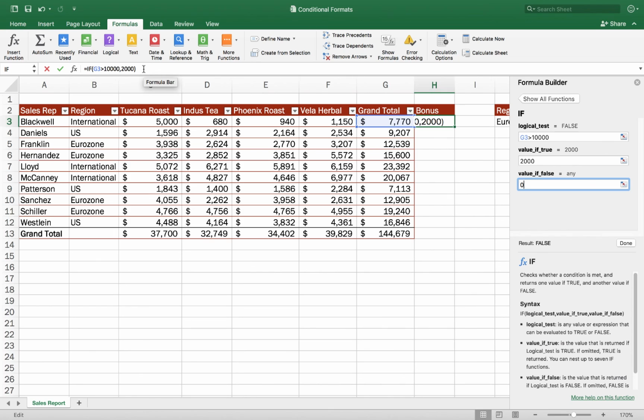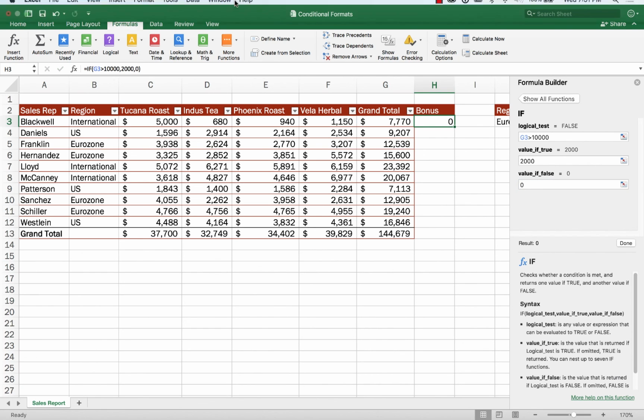So, like I said earlier, people who use Excel all day, every day, they just type in that function up on the formula bar off the top of their head. But if it's not a function that you use all the time, using this formula builder is a really handy way to build some of the more complex functions in Excel. So that's it. I'm going to go ahead and press enter, and I've got my function.